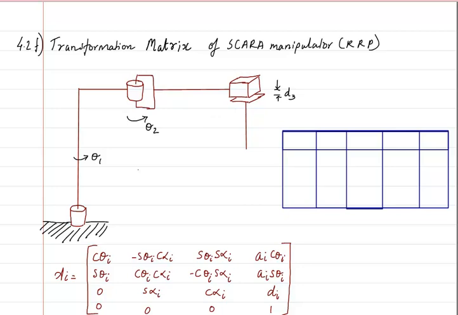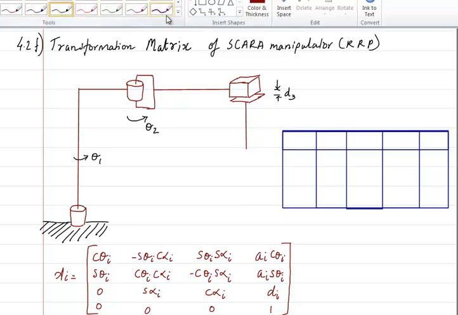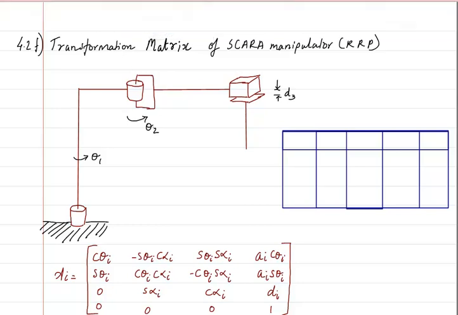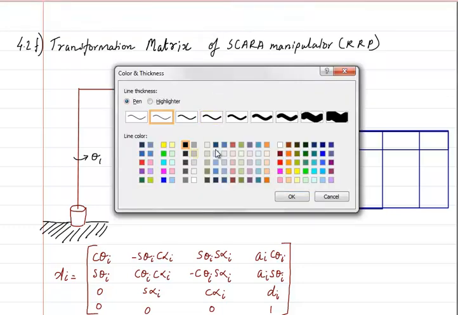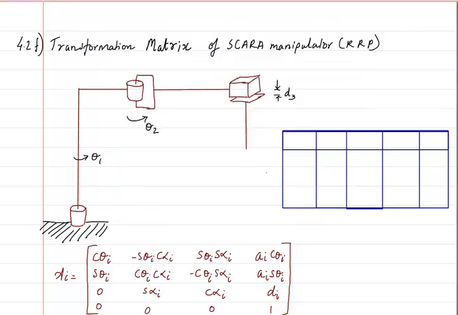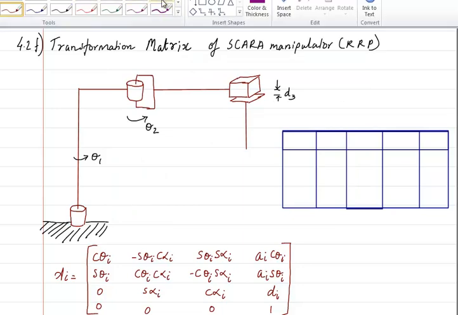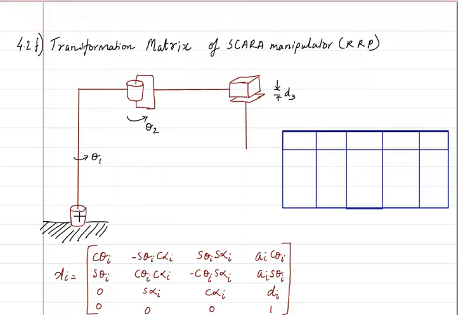So here we are having the structure of the SCARA manipulator, in which we can see that it is two revolute joints followed by a prismatic joint. If you remember, we also call this the pick and place robot. Anyway, we have to first draw the axis. If you remember, we had said that the axis is the first thing that we have to draw in DH convention. So based on that, let's first draw for the first joint, which is revolute.